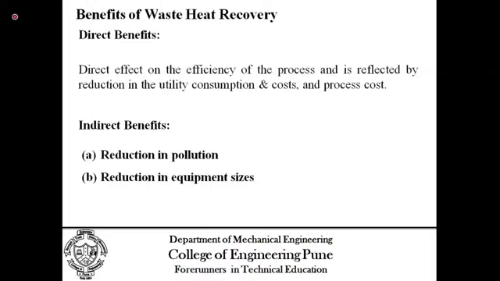Reduction in auxiliary energy consumption. Again, just to give an example of a water boiler, if there is no economizer, or if you go for a furnace oil boiler, it is required to heat the furnace oil first and then burn it. So in some cases, electrical energy is used for heating the furnace oil. But if we use the hot steam or exhaust gases for heating the furnace oil, then it is nothing but reducing the auxiliary energy which is otherwise required for heating the furnace oil. So similar types of options can be easily tried.